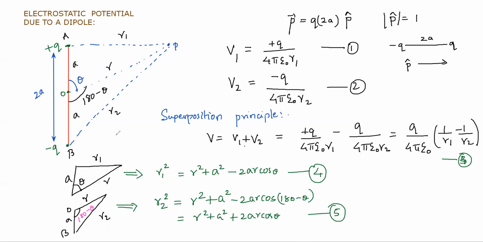We will expand the binomial. Usually, the binomial expansion will get infinite terms, so we cannot handle infinite terms. We need to make it finite. So when we make it finite, we will consider only the first two expressions. Your question will be clear in a moment.